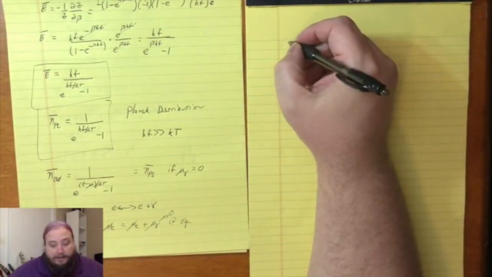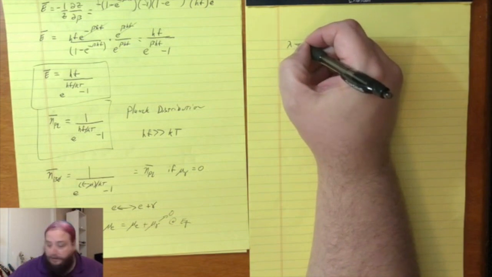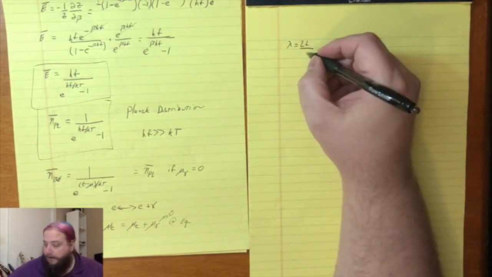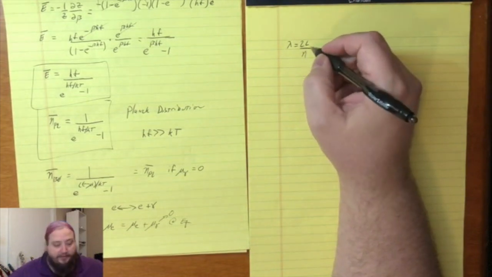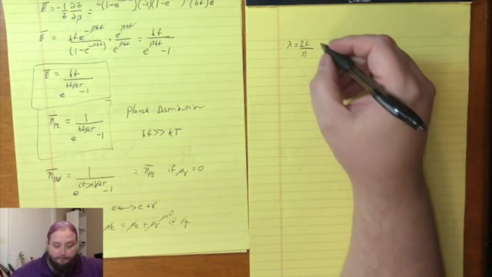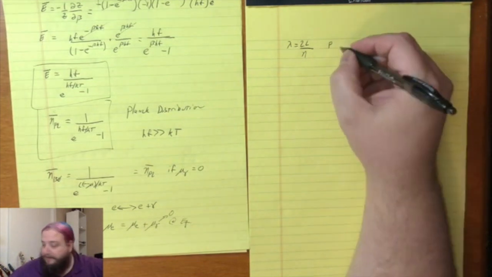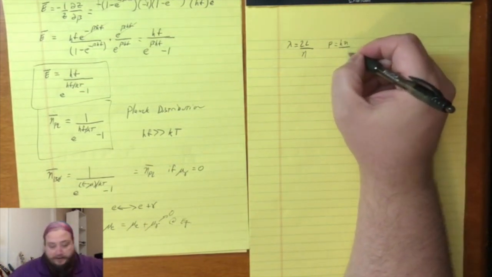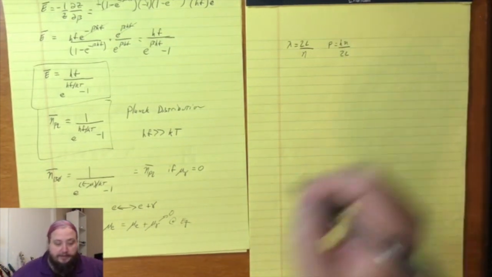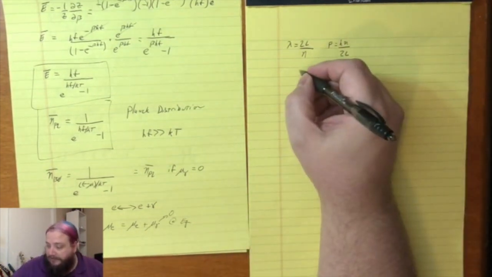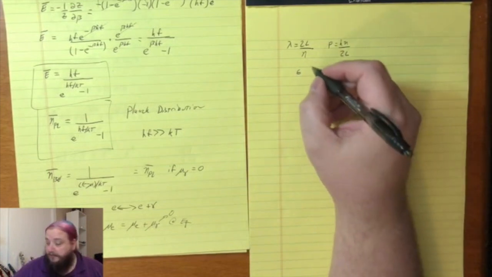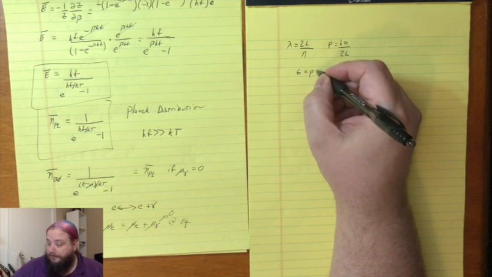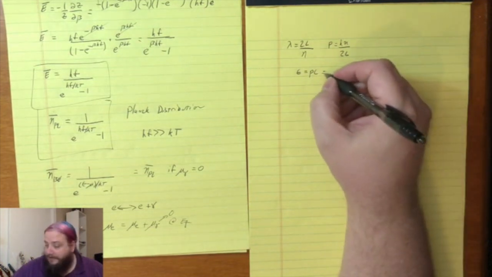The modes in our box are quantized so that the wavelengths are half-integer wavelengths, 2L over n, or the momentum associated with these photons is hn over 2L. Since these are ultra-relativistic particles, the energies associated with these photons are just the momentum times c. So that is